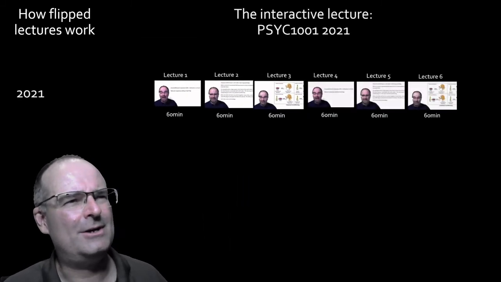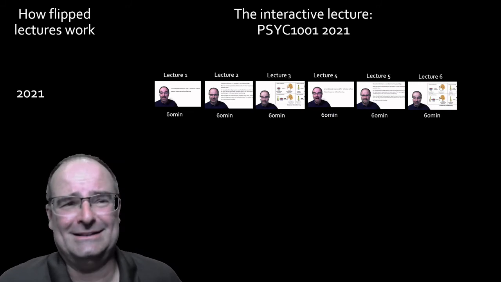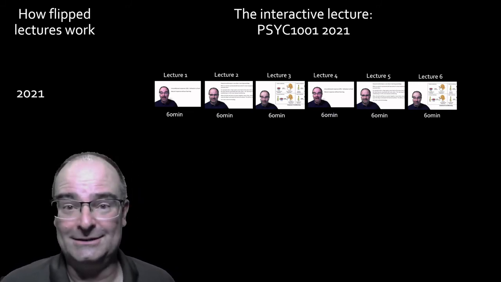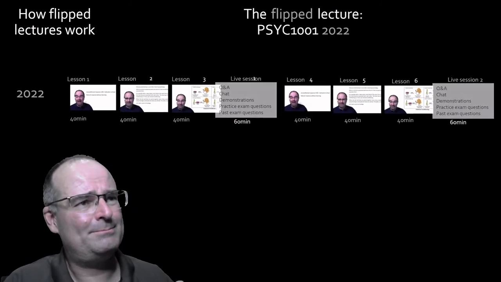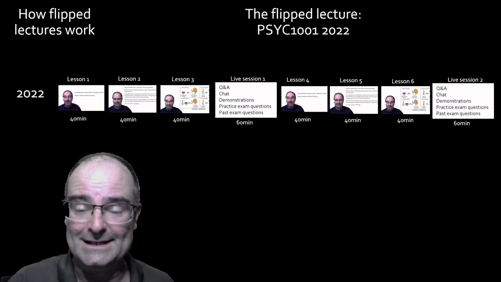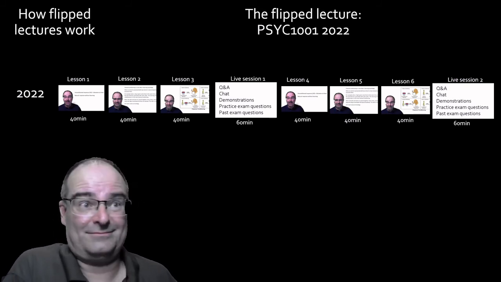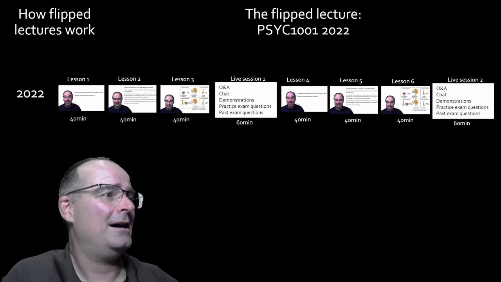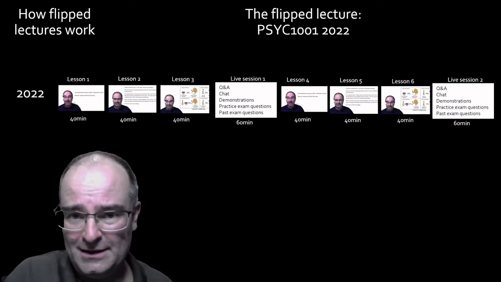So here's what I did with my lectures last year. I did 6 really stressful, really good, I thought, interactive lectures. I'm not doing that in 2022. I'm going to split my 6 lectures up into 6 lessons. You can see they're shorter because I've torn out all the stuff that I can read the textbook for. I've torn out all the stuff that's going to be interactive, and I've just focused on hitting the learning outcomes